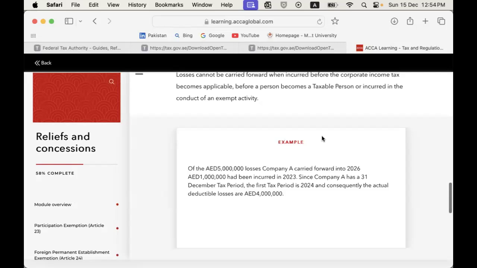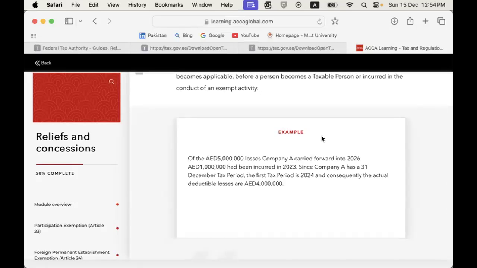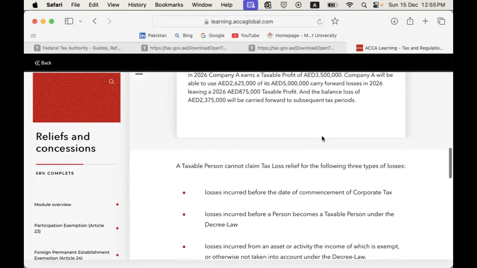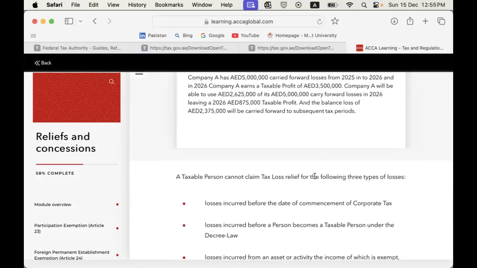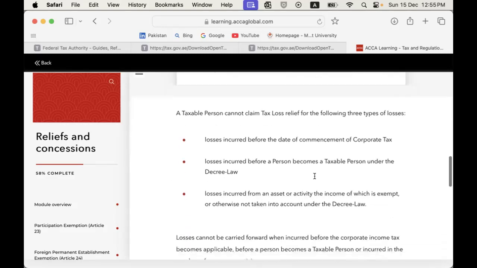I have a question. It shouldn't be business loss relief? Why have they called it tax loss? The nomenclature is tax loss relief, but actually it is business loss relief. It is the same thing. Whatever you might want to call it, it is that tax loss which comes as a result of our profit and loss account and is being taken forward. You might want to call it business loss relief because it is in maybe Pakistan's tax law, but here in the UAE, we usually call it tax loss. It's the same thing. We can refer to it in our conversation as business loss relief as well.